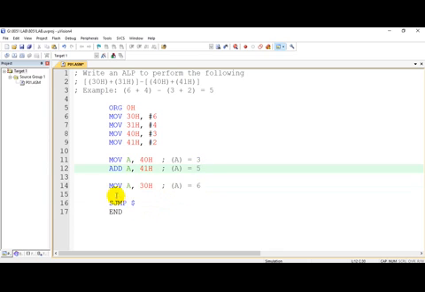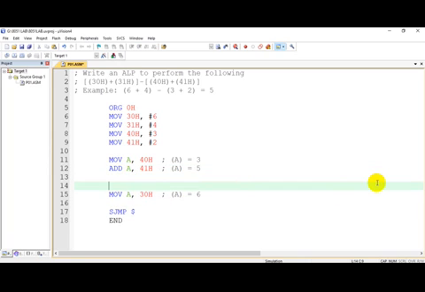So before I copy the contents of 30H onto the accumulator, I have to save the contents of accumulator somewhere. There are many ways, but since we are dealing with stack operations, we will save the contents of accumulator onto the stack. So how will we save? Push.